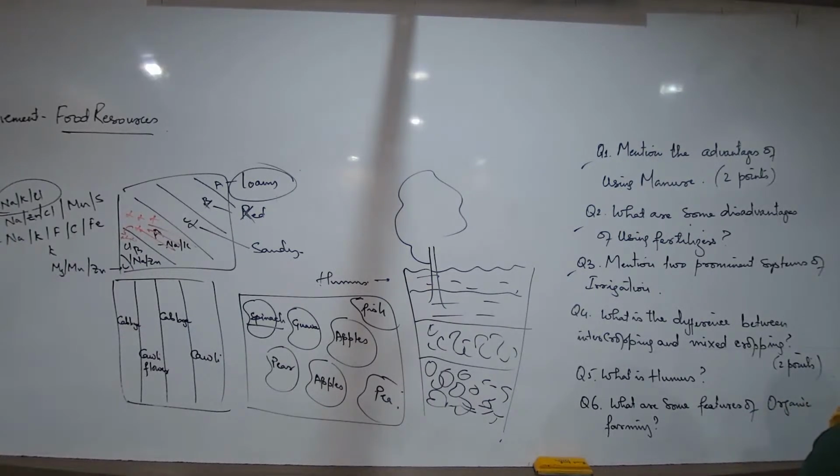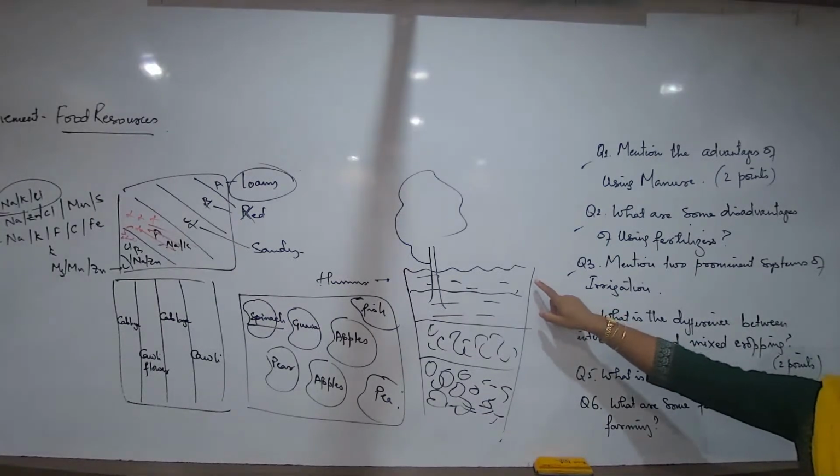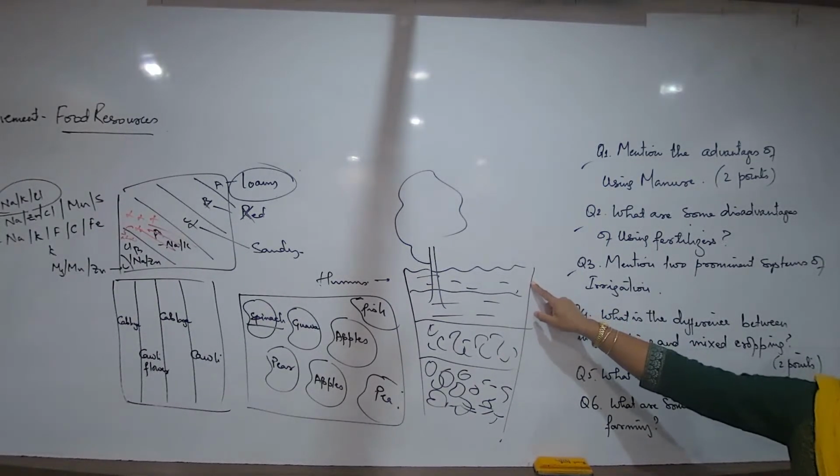But the most common type of soil in the farming land, in the garden and all, what type of soil is this? The loamy, or the alluvial, or the black. And in these types of soil only you will come across a blackish uppermost layer. If you happen to play with the mud and the soil there, you will come across the lower layers are not black. The lower layers are reddish or brownish, and the uppermost layer is black. That uppermost layer is the most fertile layer. When water is there, the nutrients get dissolved and the roots can absorb. And this is formed by the natural process of decomposition of the plant and animal matter.